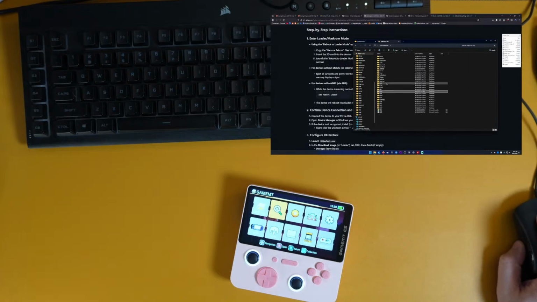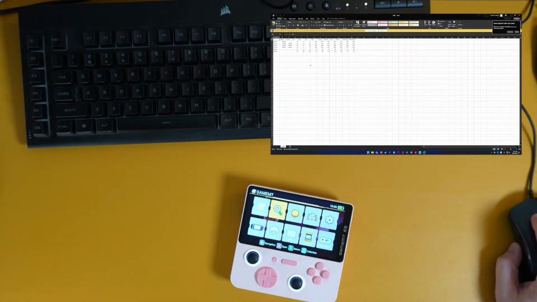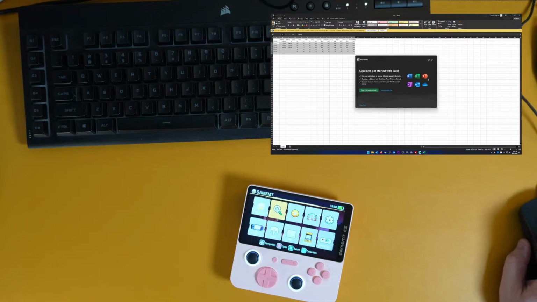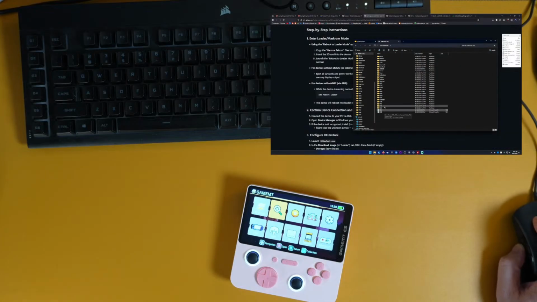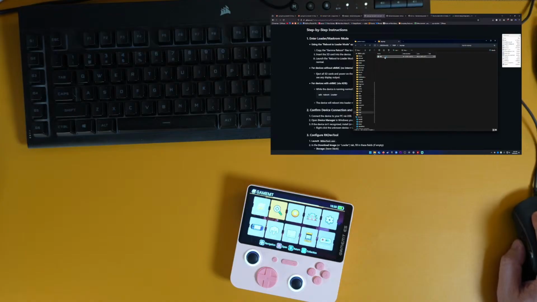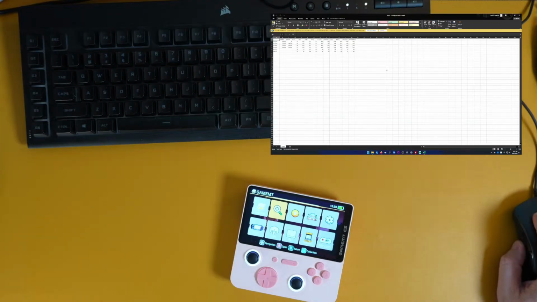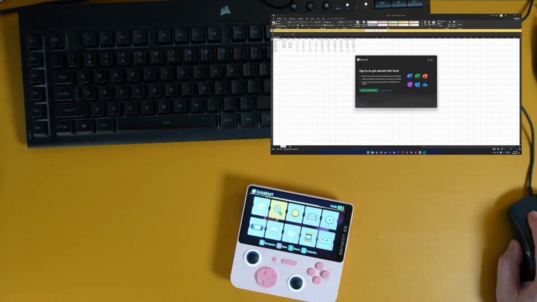Oh, what's this? V key? What's all this? PSB, key map, key. Oh, this must be how to set up the